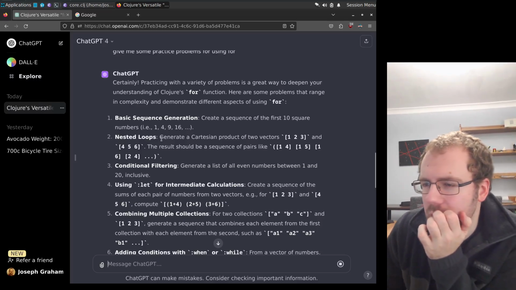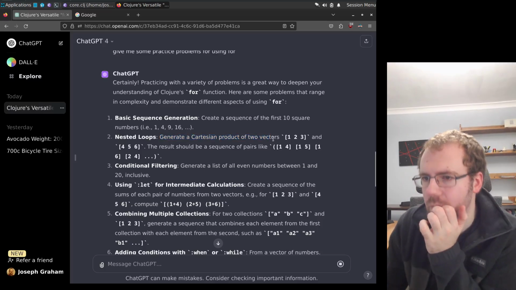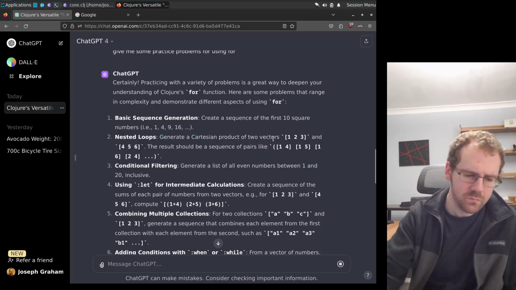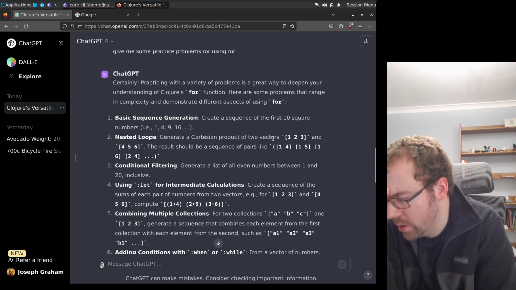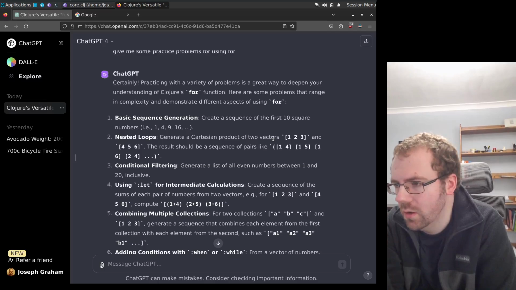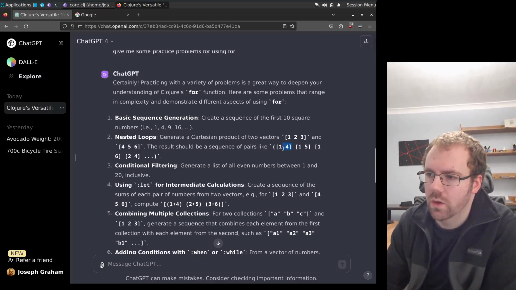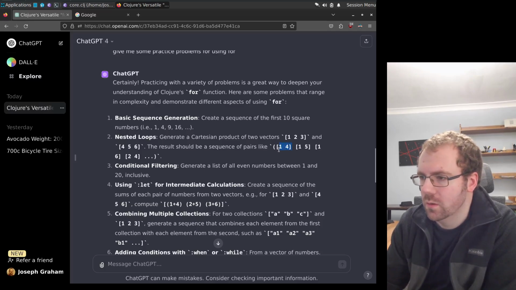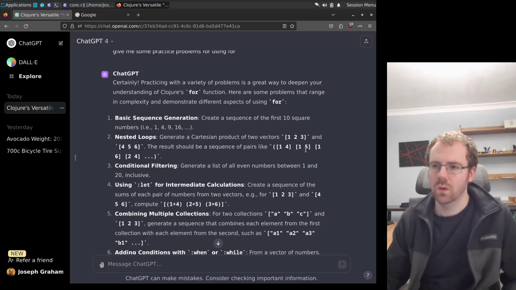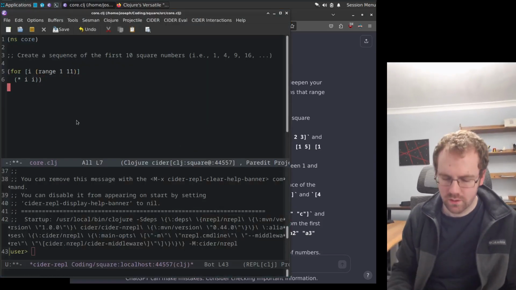nested loops generate a Cartesian product of two vectors. So the Cartesian product, so we don't care about order, right? So we don't need 1 and 4 and 4 and 1 because they're considered equivalent, right? So no duplication with different ordering. Yeah, so I think Cartesian product is exactly